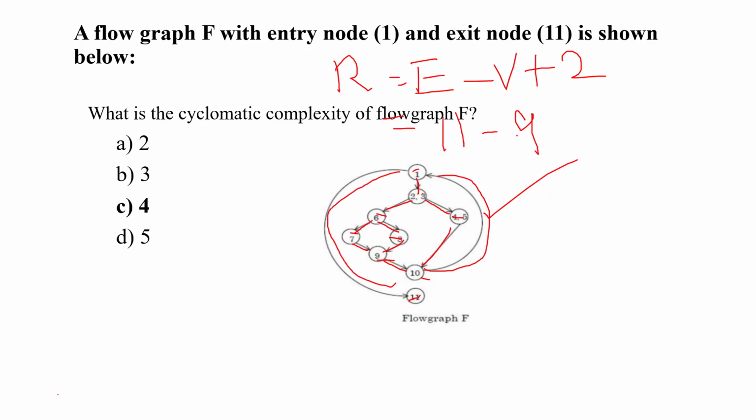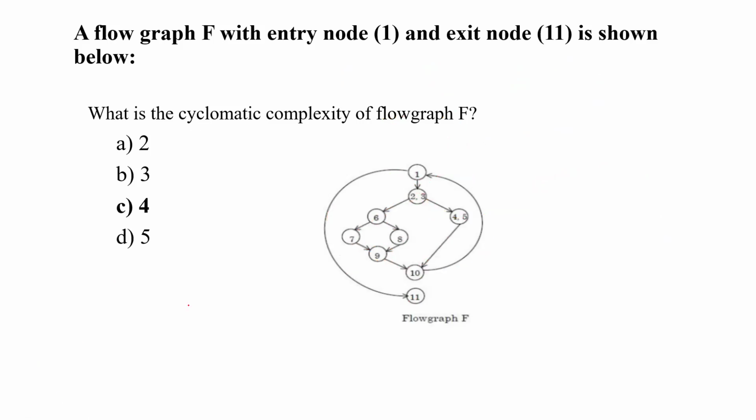So 11 minus 9 plus 2. What is the value? 2 plus 2 is 4. This is one method to calculate the region or cyclomatic complexity. Okay, another method we can use directly: